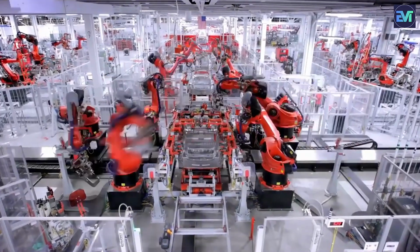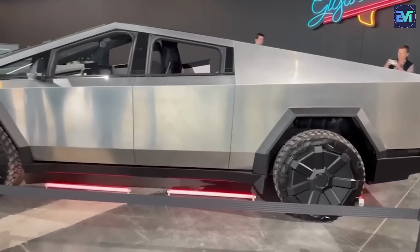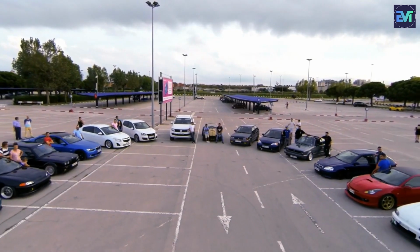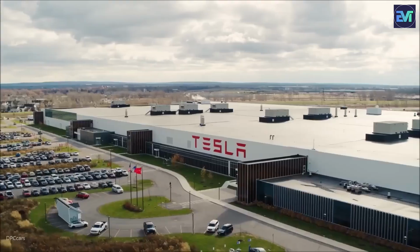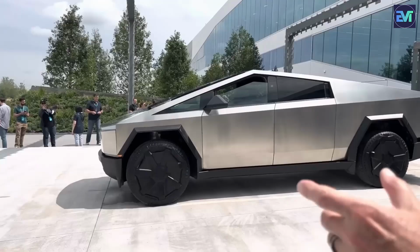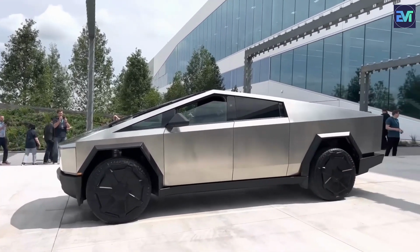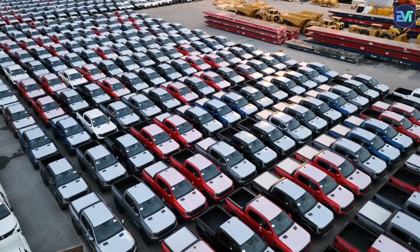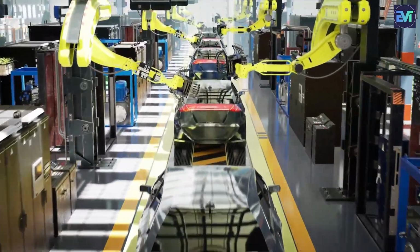In essence, Musk painted a vision where electric trucks, once tethered by range limitations, could now traverse vast landscapes with ease, redefining the narrative around the practicality of electric vehicles in extensive and demanding driving scenarios. By making cross-country adventures more feasible, Musk positioned the Cybertruck as not just an eco-conscious alternative, but a reliable companion for the avid traveler. It wasn't merely about covering distances, it was about reshaping the very notion of what an